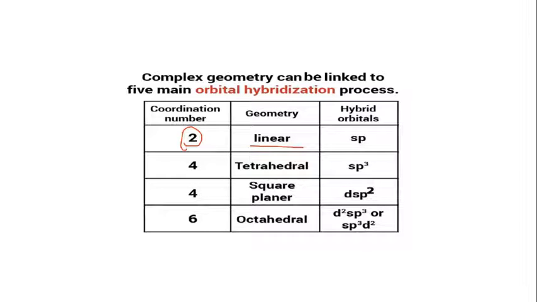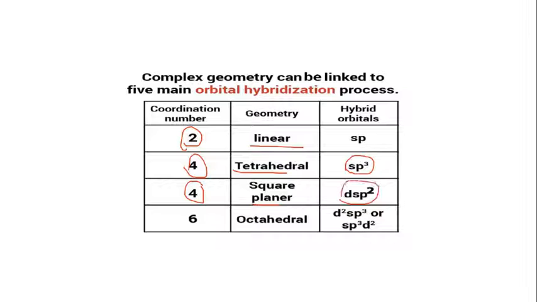shape. If the coordination number is 4, it means that there are 4 ligands around the central metal ion. For coordination number 4, there are two geometries which are possible. One is tetrahedral, the other one is square planar. So whenever you have tetrahedral geometry, the hybrid orbitals involved are sp3 orbitals. Whenever you have coordination number 4 and that is square planar, you will have